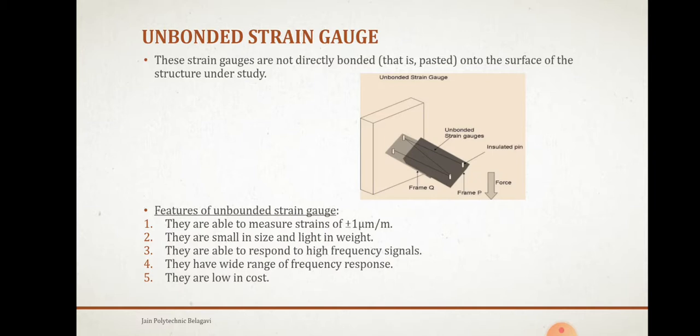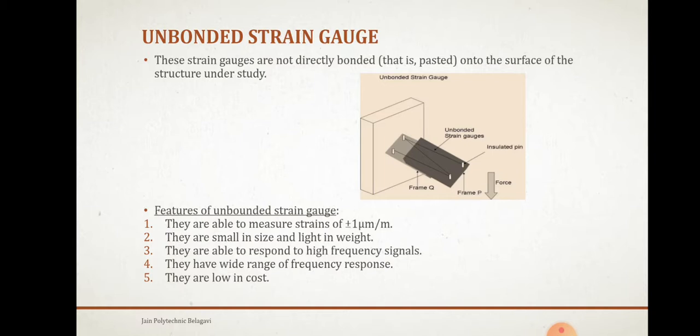It consists of a wire stretched between insulating supports mounted on a fixed base and a movable arm. The diameter of the wire used is 25 micrometer. These wires are kept under tension so that there is no sag and no free vibration. Unbonded strain gauges are usually connected in a Wheatstone bridge circuit. Two opposite arms are tightened and the other two slackened by the displacement. The bridge is balanced first with no load applied.